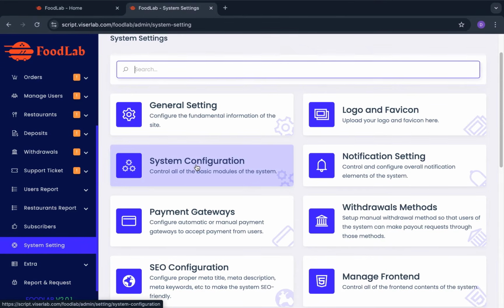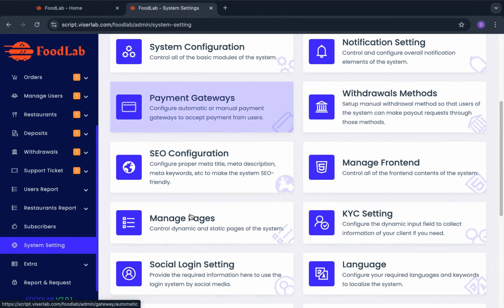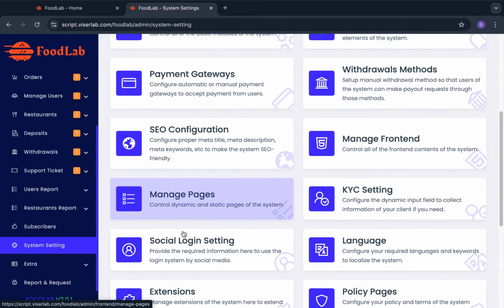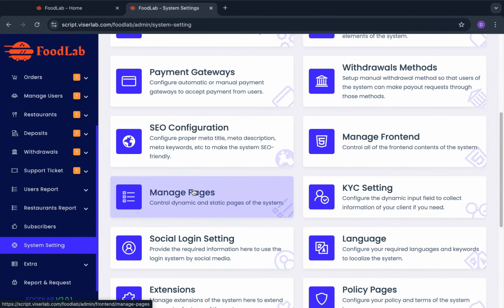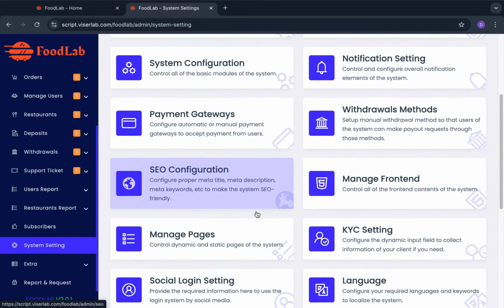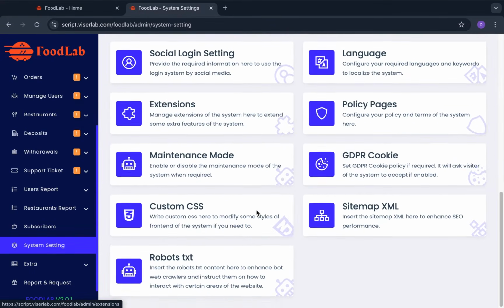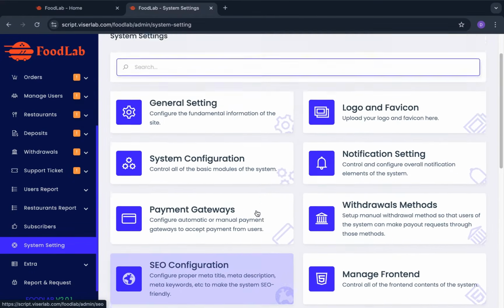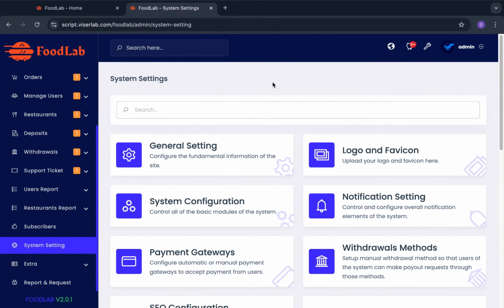You can go through your system configurations, payment gateways, SEO configurations, and then you can manage the individual pages. So if there are pages you don't want showing on the user interface, you can basically remove them and all of that. As you can see, we have homepage, blog, contact, and a lot more. Okay, so this is the administrative area that you are going to see once the application is set up. I'll also go through your users' login interface, as well as the restaurants'